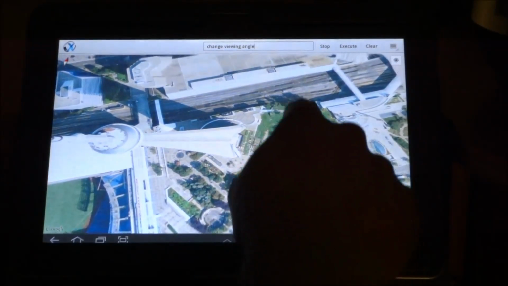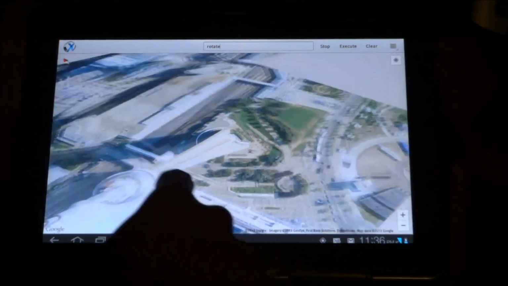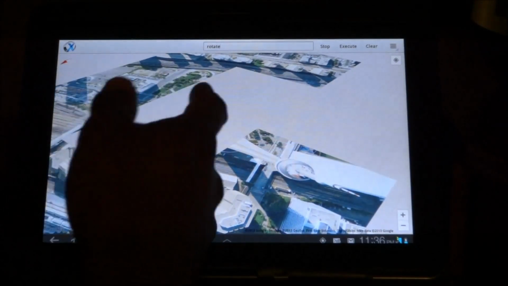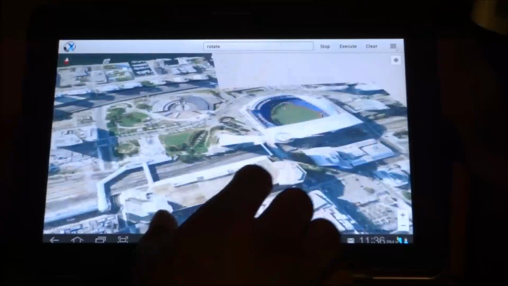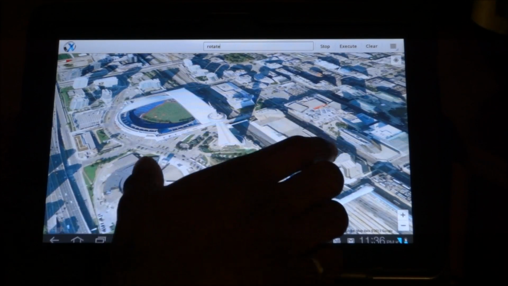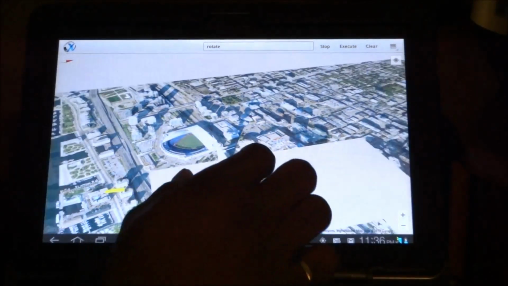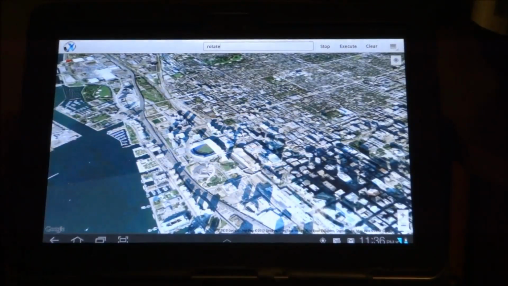So you can see, just like we did with the 3D regular image, you can even change the viewing angle with the satellite image. Rotate. And just like we did with 3D image, we can rotate these images as well. And now it's back to normal, and maybe I'm going to zoom out a little bit more and say show traffic,